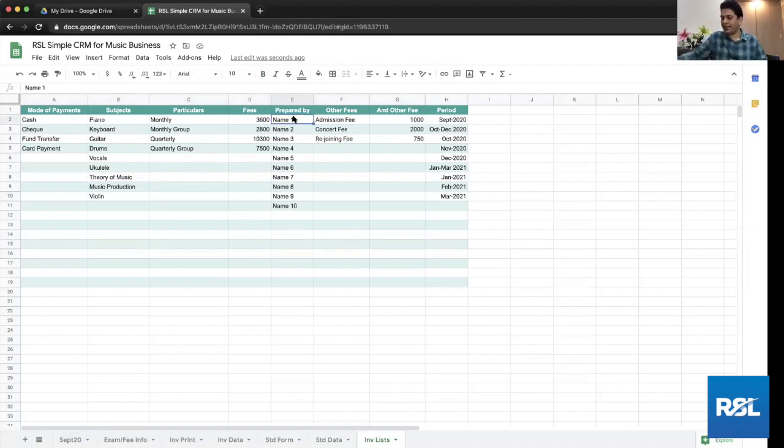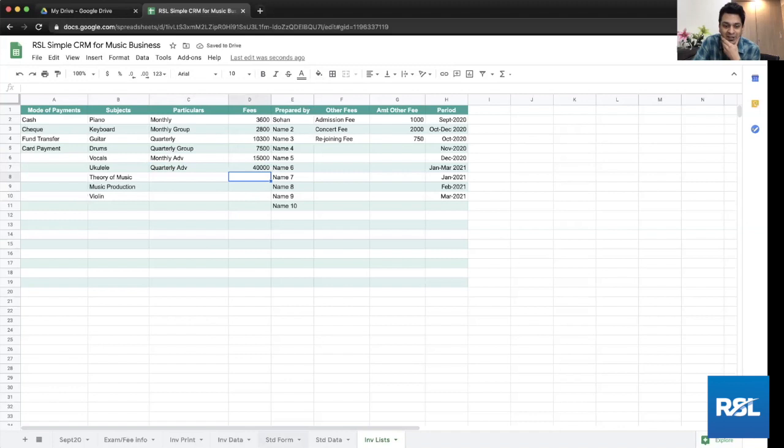Suppose I want to add the name of the person who typically prepares the sheet as name number 1, which will be picked as standard by default. Sohan is the person who is making this sheet, suppose, right? And suppose I have a different monthly fee for advanced students, and that fee is, let's be nice to ourselves, 15,000. Quarterly fee, quarterly advance, we can add that. And suppose we are charging 40,000 for this. Isn't that nice? Feels nice to charge that much.